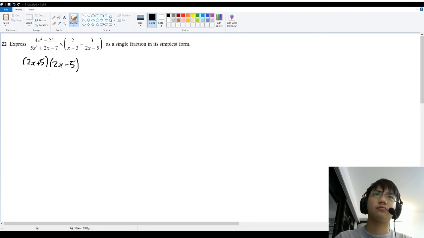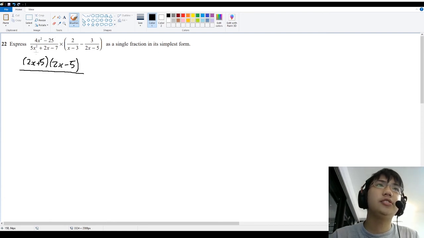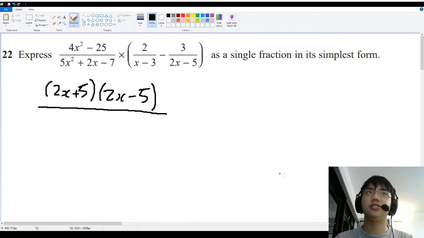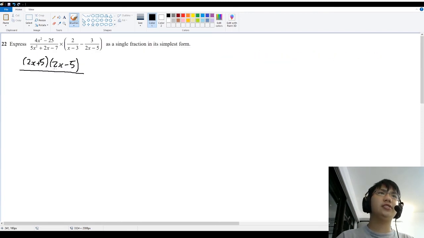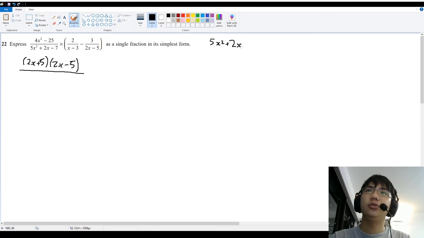So this is how you factorize the numerator for this fraction, and the denominator, 5x squared plus 2x minus 7. Let's just zoom into that a bit. So 5x squared plus 2x minus 7. We use the same method as we did back in question 18 and question 20. So we have this, add to 2x, multiply to minus 35x, and you get